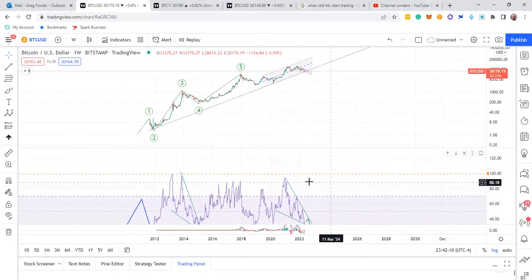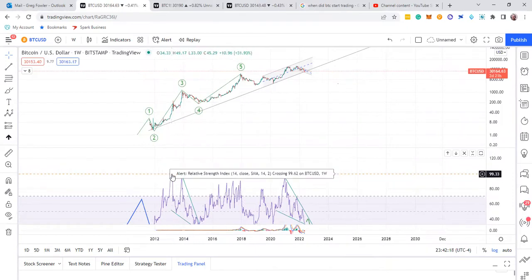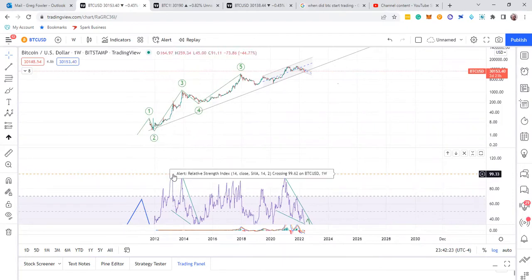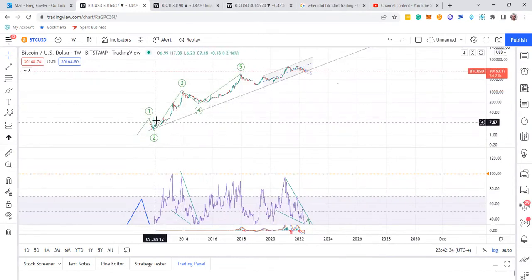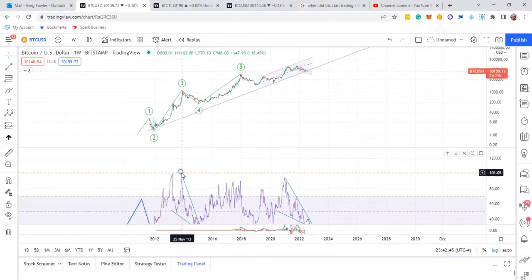Okay. Now you see these waves down here? That is the highest peak. You see, this thing is touching it right now. At 100, it looks like. That is the third wave. That's the wave with the most momentum. But it didn't stop there. It went up again. So your count is 1, 2, 3, 4, 5. So this is the top of your wave 3, because there's no higher peak.